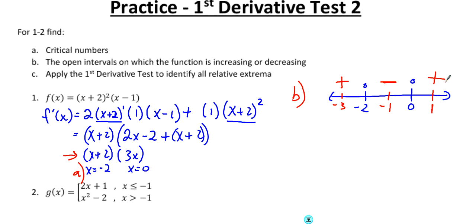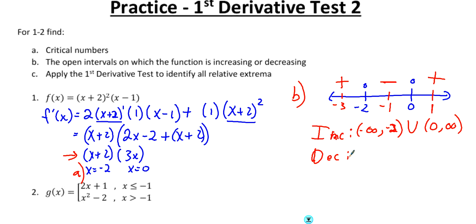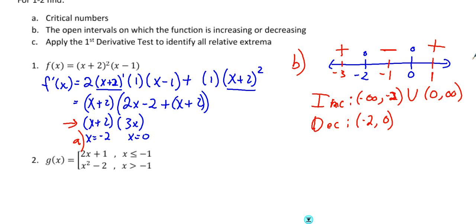So for part B, my function is increasing from negative infinity to -2, sorry, this is -2 rather than -3, and then from 0 to infinity. So that's where it's increasing. It's decreasing between -2 and 0. And notice I didn't include any of the critical numbers. They're all open intervals. So that's part B. And then part C